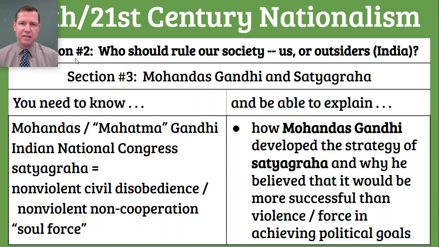We are in Unit 10, 20th and 21st Century Nationalism. You remember what nationalism is. This is the desire of each nation to govern itself and not be governed by outsiders. But you also remember that during the 19th century, the European countries that were very modern and very industrialized had gone out and conquered big chunks of the world. They had conquered most of Africa and big parts of Asia and the Pacific Islands, and they took their land and ruled over them as part of their empire.